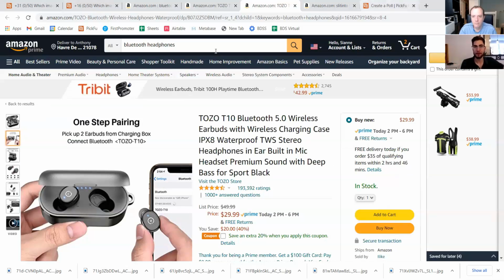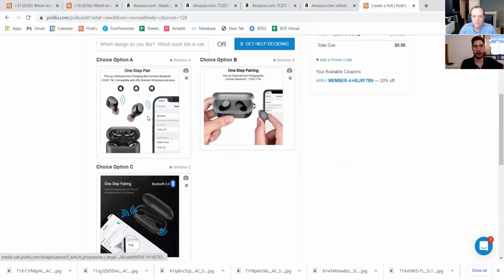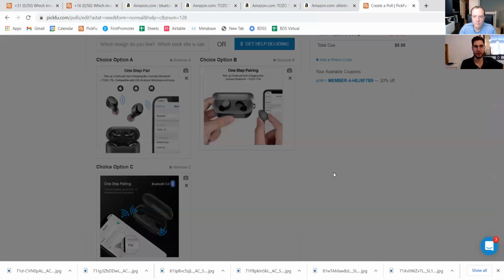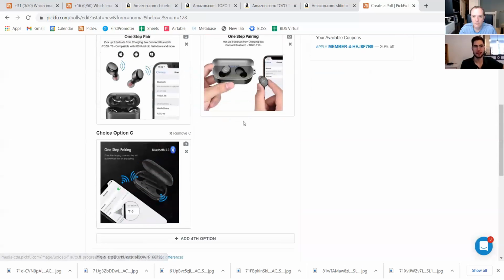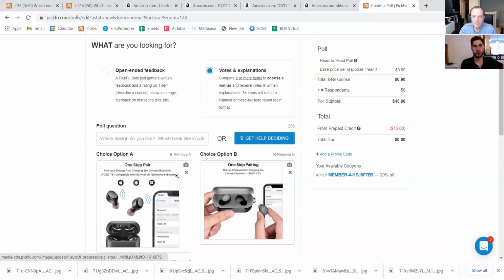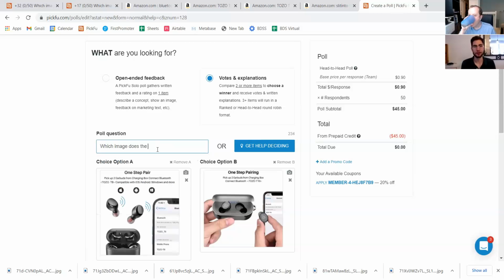And so what I've done here is I've downloaded, again, three of these graphics from these top sellers. They're all trying to do the exact same thing. They're trying to show what the process is for pairing. I've uploaded them into PickFu, and now I'm going to write my question. I always like to give a little bit of context. So I'm going to say, which image does the best job of explaining the one-step